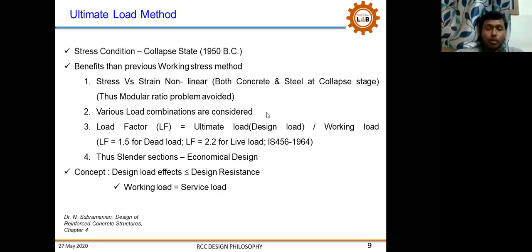Because of ultimate load, and they have considered a non-linear portion of the stress strain curve, the member's section has come down. So they consider this to be an economical design. That is their major advantage. Slender section. Previously we were saying that all the sections are large and geometries are large, so they have better serviceability, but it is too much to accommodate, and they are not able to advise for everybody. So they have found this ultimate load.